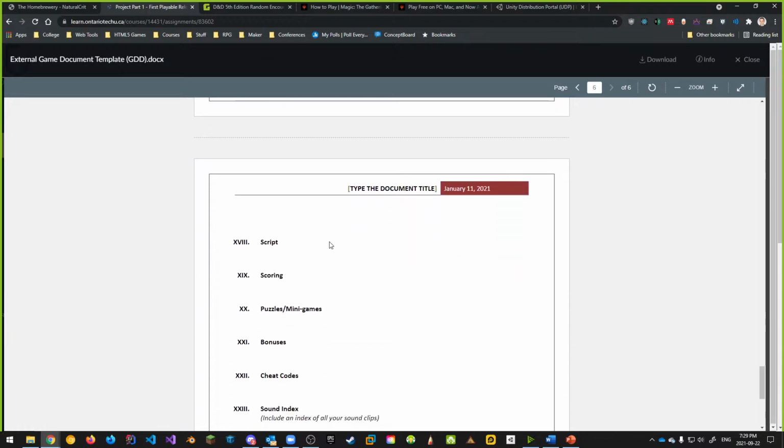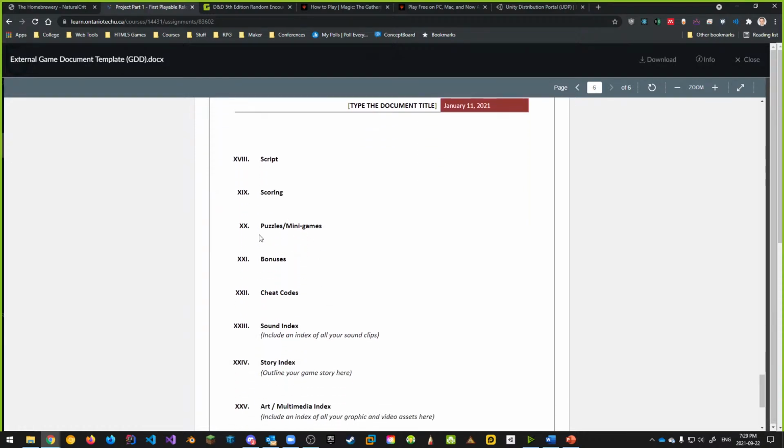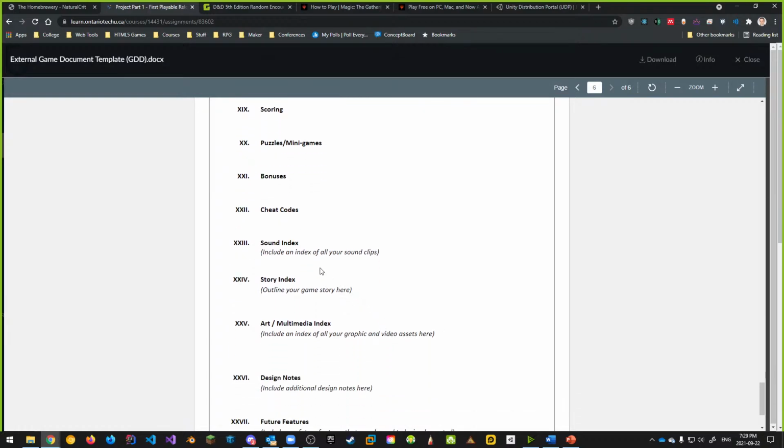Vehicles, abilities, some dialogue as an example. How do you score? Are there puzzles or mini games? Hopefully not. That's going to be way out of scope for this course. Bonuses and cheat codes. And what you definitely want to put in is start thinking about a sound index where